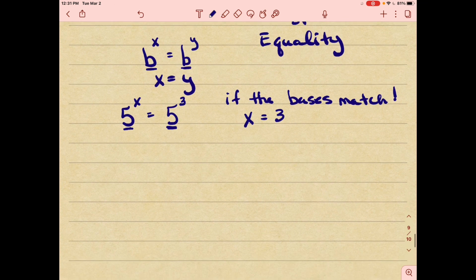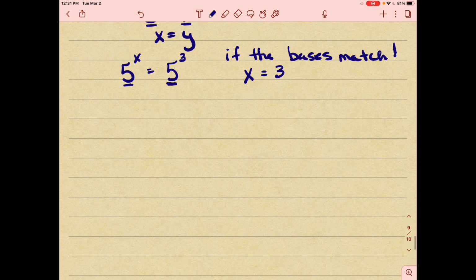So let's do one where it's not quite so simple. 6 to the x equals 216. Well, can we write 216 as a 6 to the something? 6 to the x equals 6 to the... Well, we actually saw that one just a few problems ago. 6 to the 3rd is the same. 6 times 6 is 36, times 6 is 216. We actually saw that in an example. So once the bases are the same, I can skip to the tops and say x equals